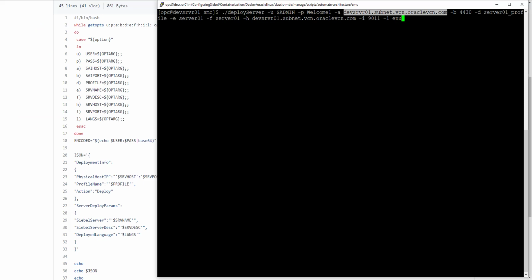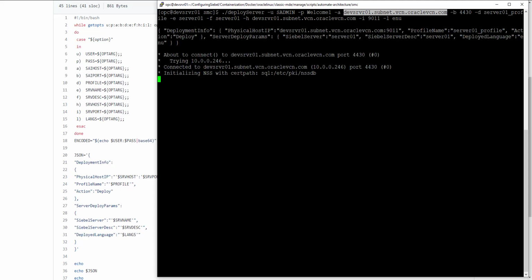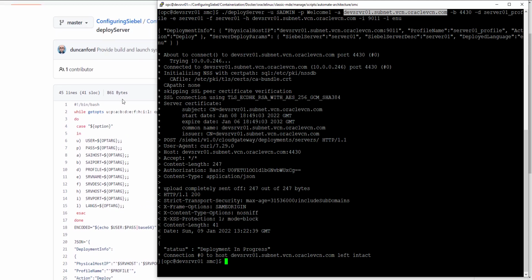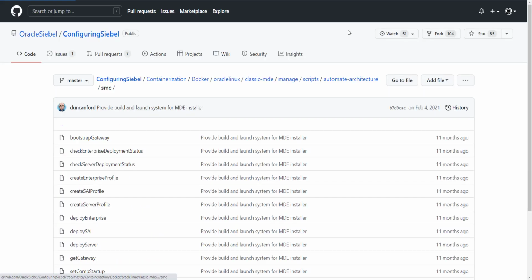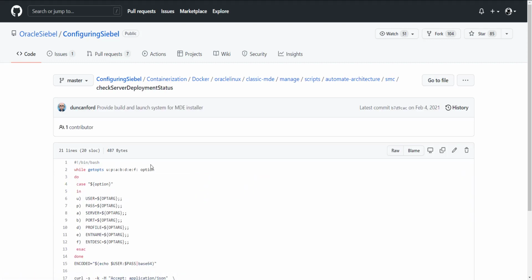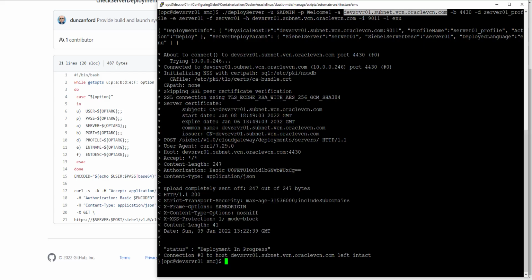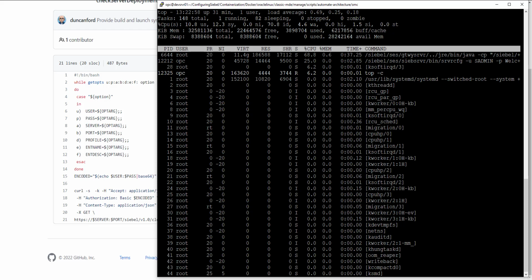Okay, that's going to be a big one, since the Siebel server will start up twice actually during a deployment, so it could take a few minutes. I've included a very big component group, EAI, so it will take quite a while. And let's monitor this on the Linux box using top